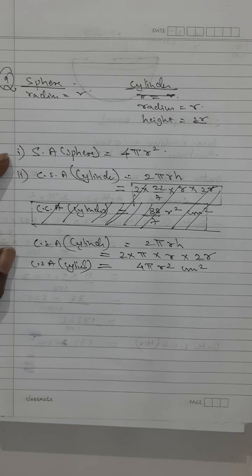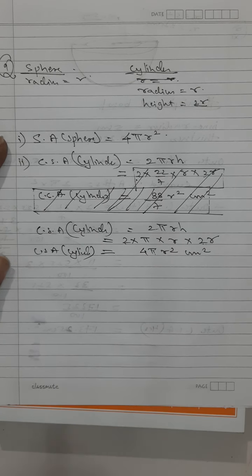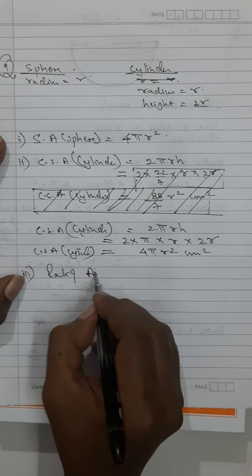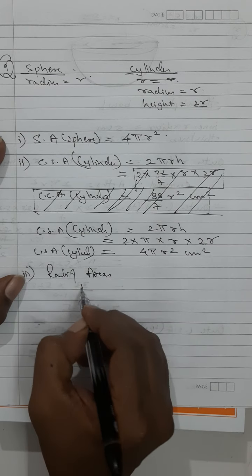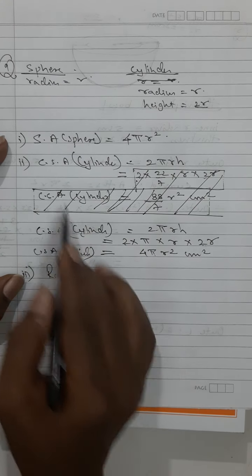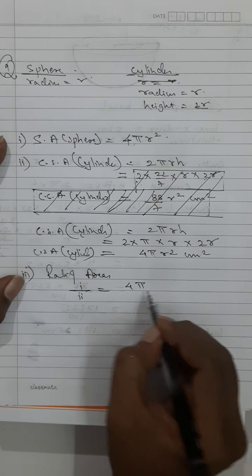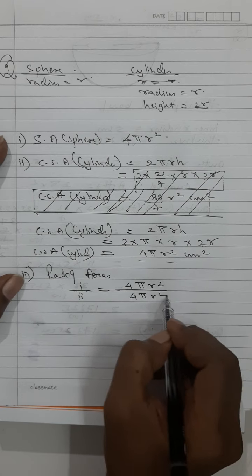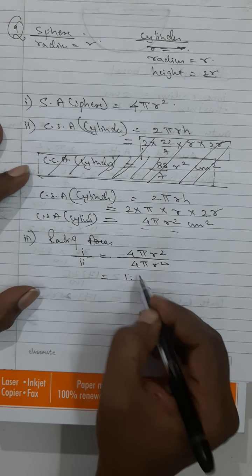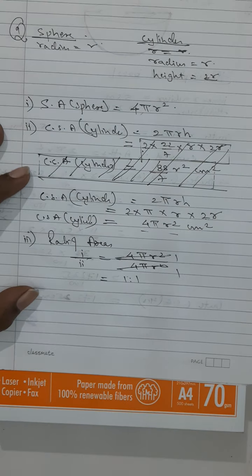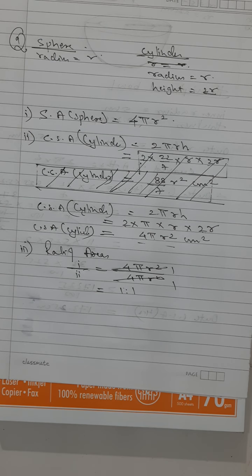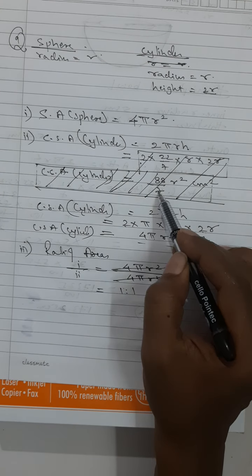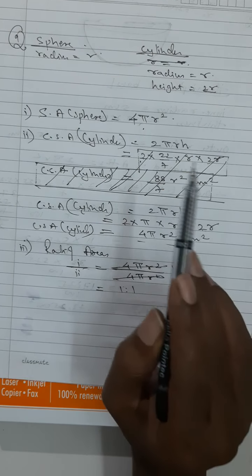Let this be like this, because the next question they have asked is the ratio of the areas obtained in 1 and 2. So here ratio of areas 1 upon 2. In 1 it is 4 pi r square. That's why I told that it is better that I write pi. Here also it is 4 pi r square. So it is going to be 1:1, because this whole is going to cancel. The ratio of the areas is going to be 1:1. So that is easier. That's why substituting pi is not going to help, because here also we did not substitute. Otherwise we would have substituted here also.